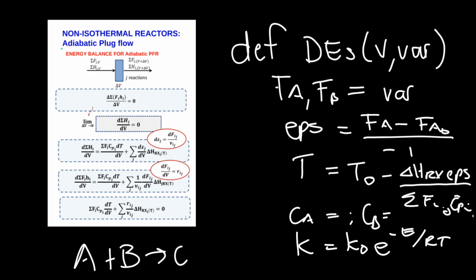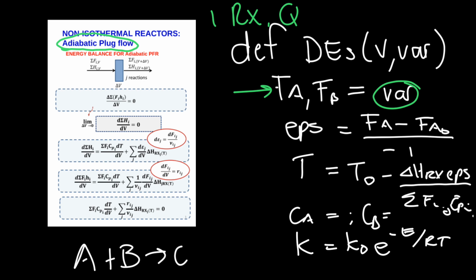So for an adiabatic plug flow or packed bed reactor, if I have only a single reaction, so just one reaction system, and remember it is adiabatic, I can follow two approaches to solve for the PFR. First approach is I can define my variables only as the molar flow rates. That's now of course for a reactor where I don't have pressure drop, so I'm just neglecting pressure drop for